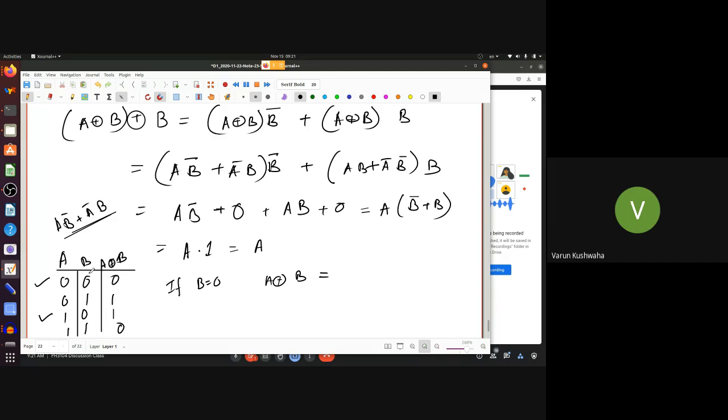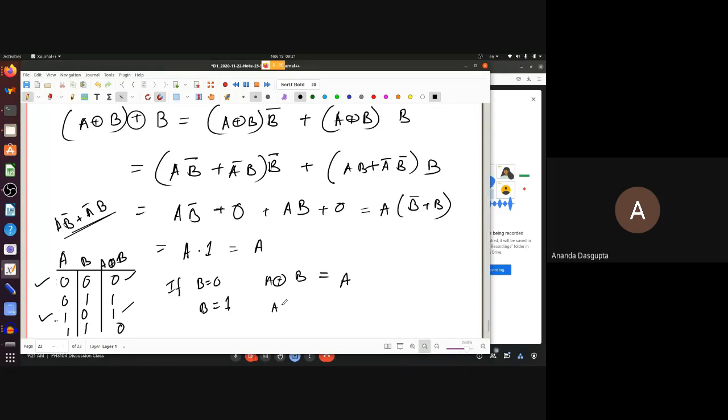Yes, I can easily see that. You have 0, either from the truth table, you can see 0, 1 for A gives you exactly 0, 1 as A XOR B. Or you can just use this statement that if B is low, then this term goes away. And then B bar is 1, so A B bar is just A. So this is it. But if B is 1, then